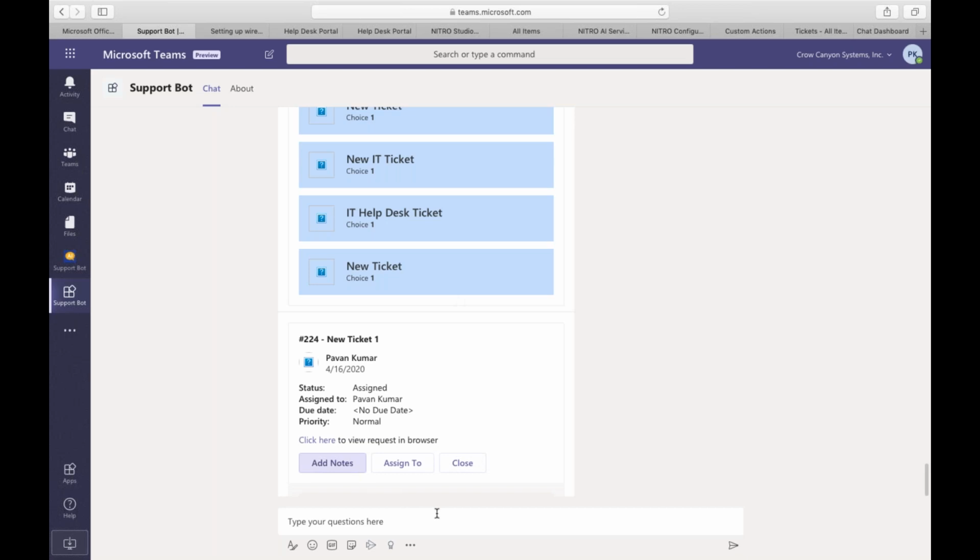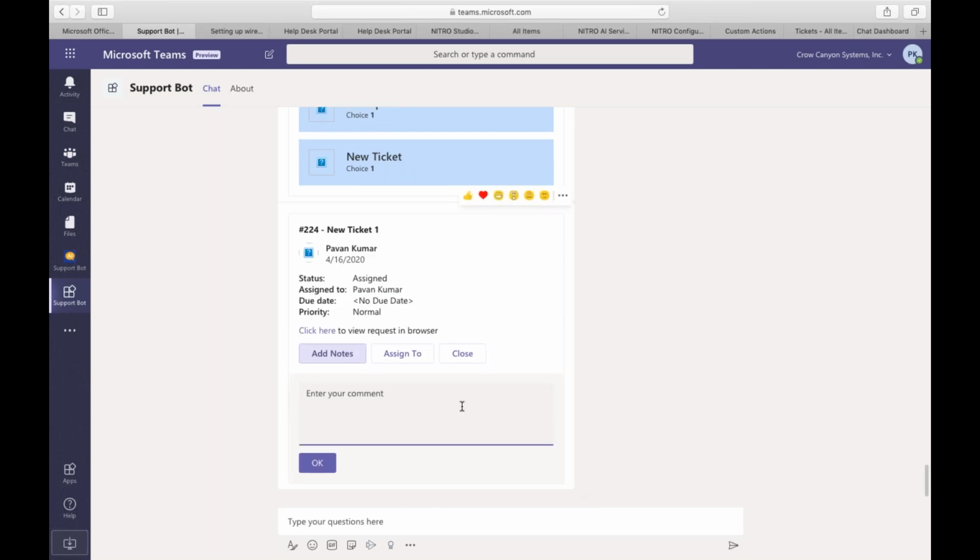Right. So the notes should be added to the back-end system then. Absolutely, new notes from the demo, and I say okay. Right. And this is ticket number 224. And then if you go into the back-end ticket